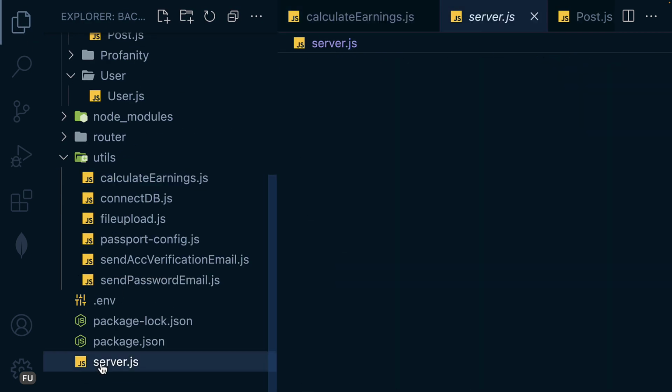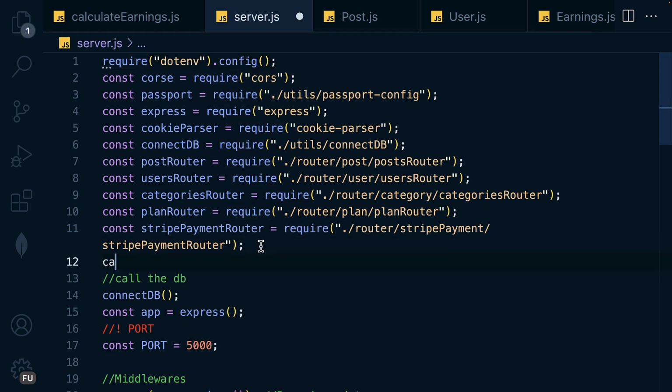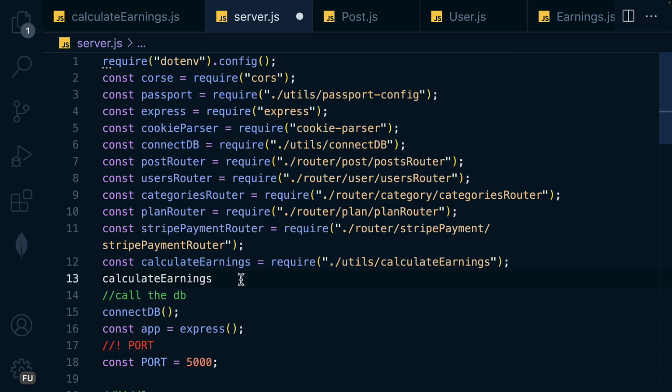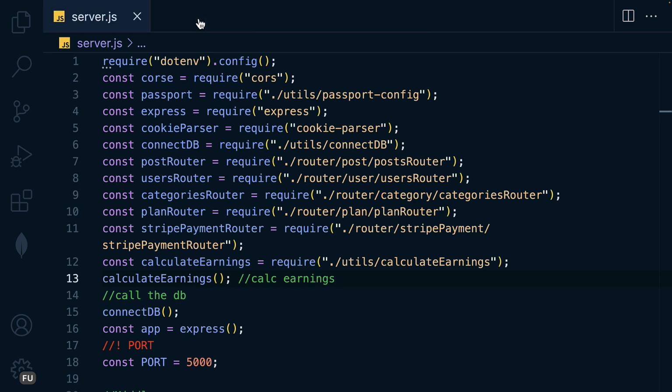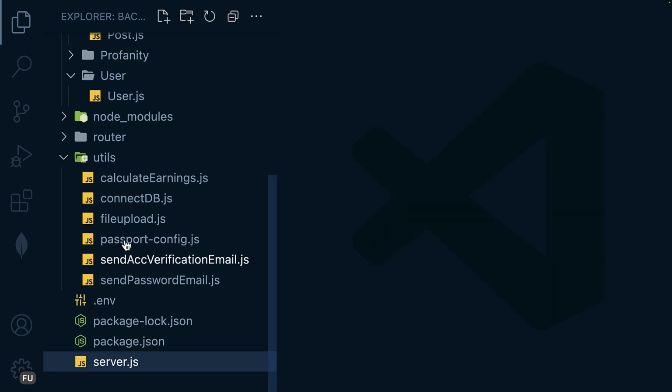As we move on, we are going to use the cron object. So here, let's say calculate the earnings. And then let me call it as a function. And I will say calculate earnings. All right. So now let me close these guys. And then, sorry, it's supposed to be this one instead. Close this and then the